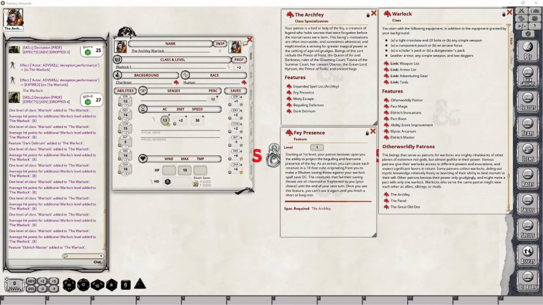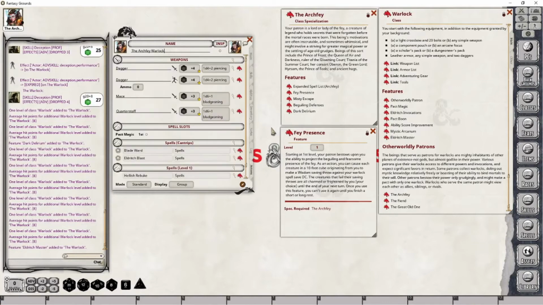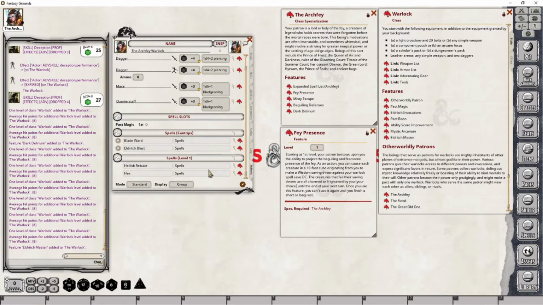Holy crap, I'm going to beat the crap out of this particular individual. That kind of thing. So that's essentially what has to happen. You will not be able to use that feature again until you finish a short or a long rest. So this means this is something that we can add to our Actions tab to be able to track the use of that. So let's go ahead and do that now, because this is something you gain at level 1.